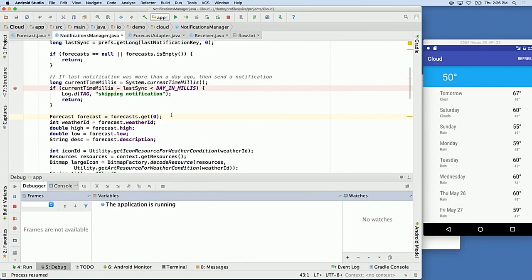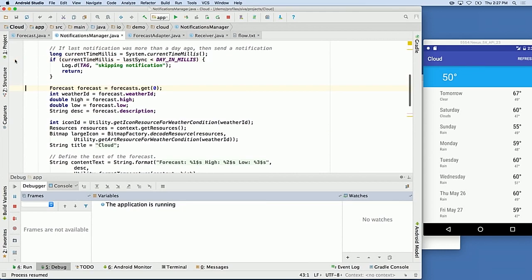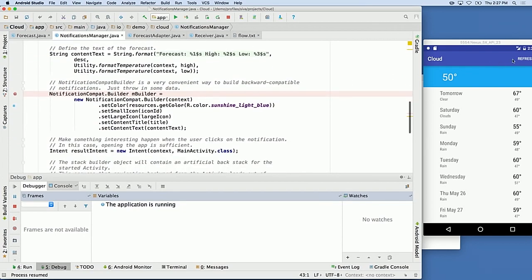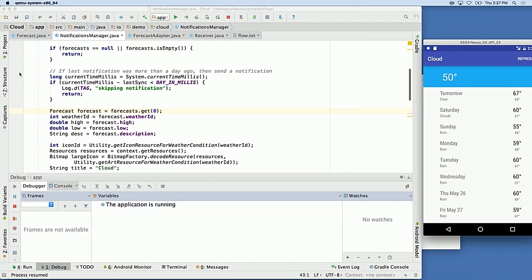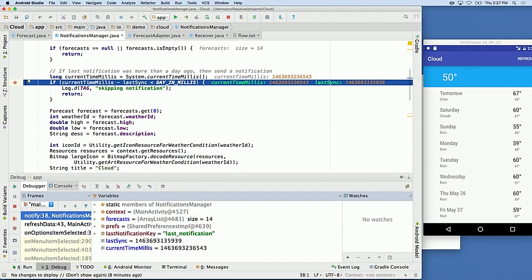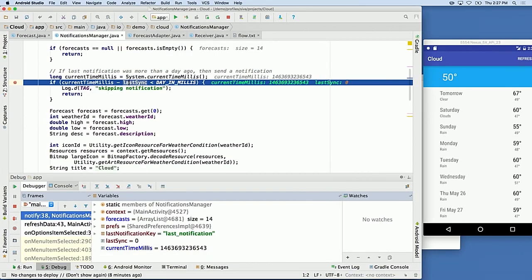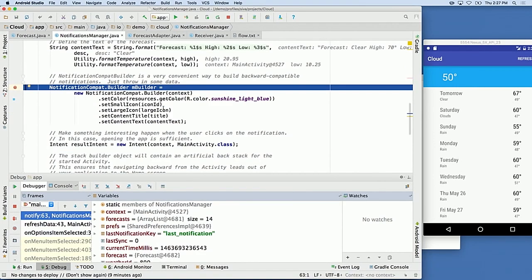The last couple of things, so actually let me show one more thing here, which is smart step. Normally when you have code like this, with methods like this, and if I want to step into one of these methods,